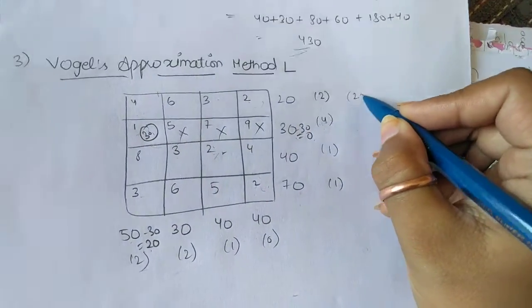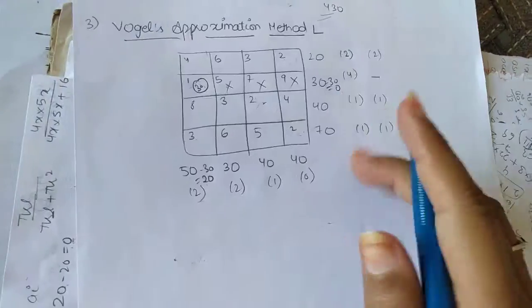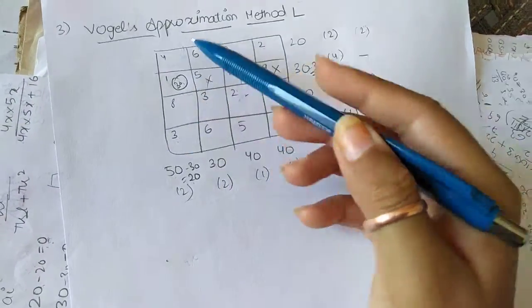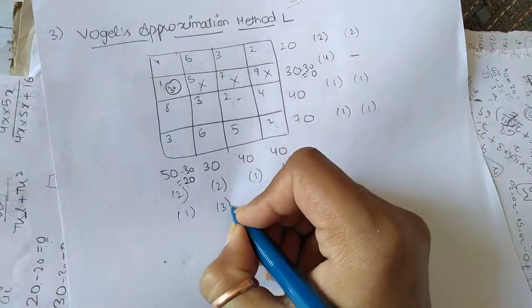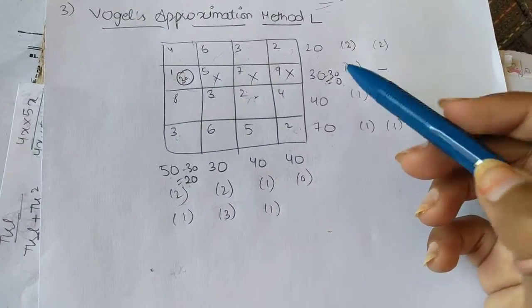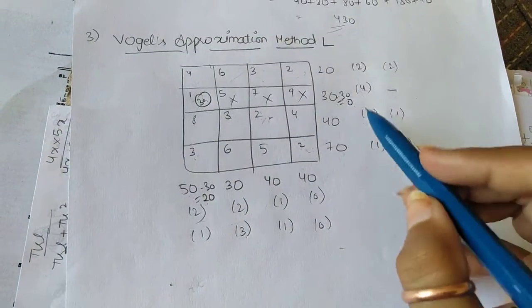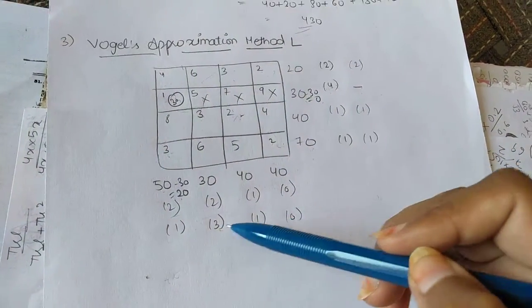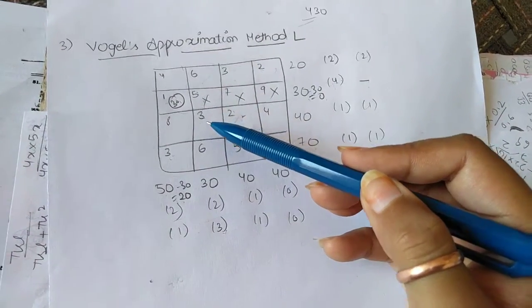So the difference again here is 2. We blank this. 1, 1. Here 3 and 4, 1. 3 and 6, 3. 3 and 2, 1. 2 and 2, 0. So maximum is 3 now. Out of these values, 3 is maximum. So we go for the second column and the minimum value is 3 here.